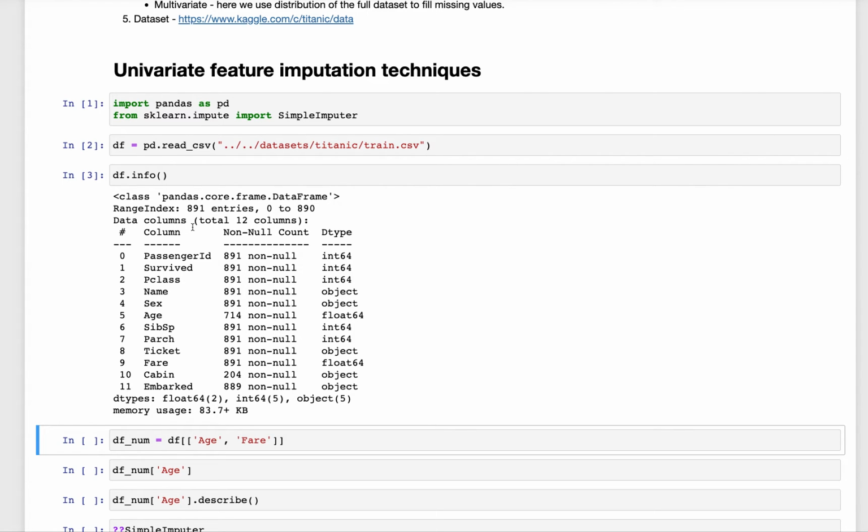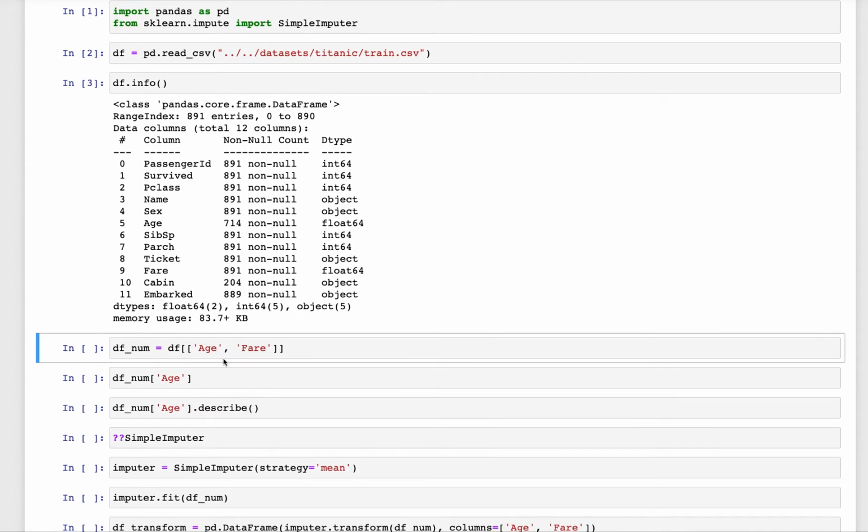For example, I am doing an info call over the training data frame, and as you can see, the training data frame has around 891 rows, and there are certain columns which have no missing values, but then there are certain other columns. For example, age has only 714 rows which have non-null values. All the other values are missing. Similarly, cabin has a lot of missing values, and embarked has certain missing values. In this tutorial we will take the age column and the fare column, and as you can see, the fare column has all the values for all the rows. So we will focus on the age column and see what kind of data imputation we can do.